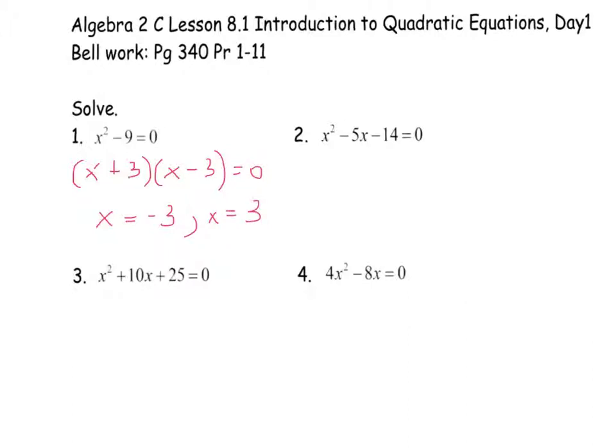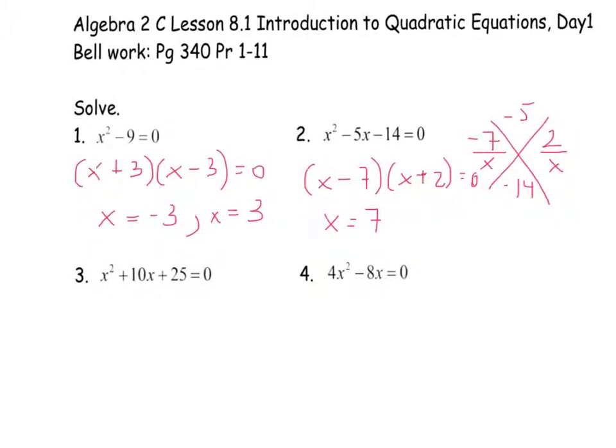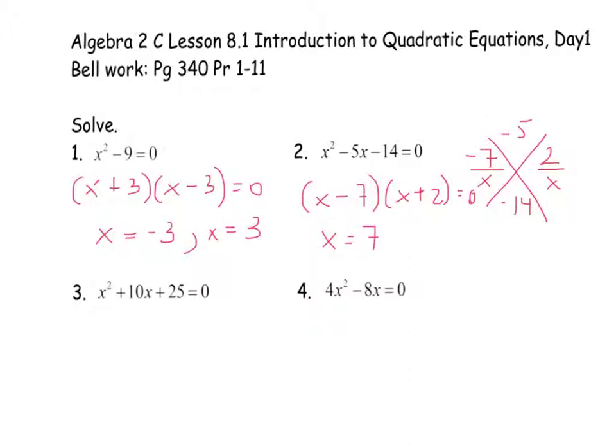The second equation, we can do the diamond method in factoring, negative 5, negative 14. So our two numbers will be negative 7 and positive 2 over x. So we'll have x minus 7 times x plus 2 equals 0. So x will equal 7 and x will equal